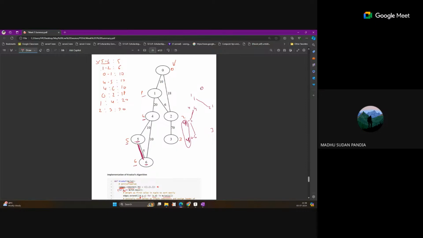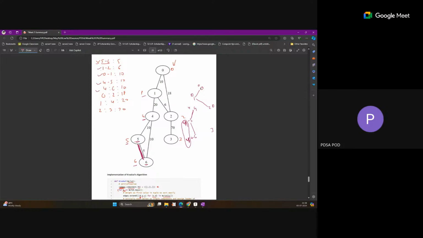Now 4 and 6 can't be connected, right? Sorry, 4 and 6 will not be connected now. So next time, suppose we have done this 0 1. When we connect this 0 1, the component value will be updated like this, 0 0 0 for all. And when we are updating 4 to 5, now we have done, and when we are updating 4 to 6,